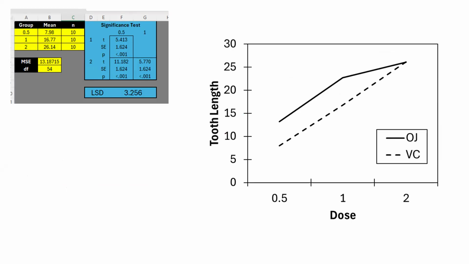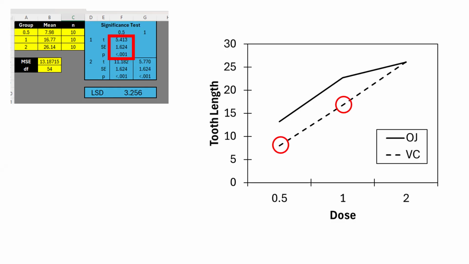So in the VC condition, I can go ahead and plug in my means for each group. Those are the means I computed on the first page. I have a sample size of 10 in each. My mean squared error and my degrees of freedom come right from the omnibus test. And so I get my Fisher's LSD, and I get